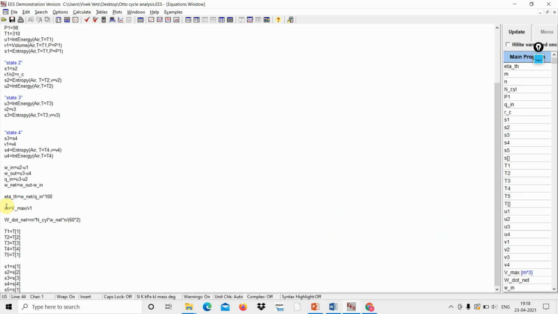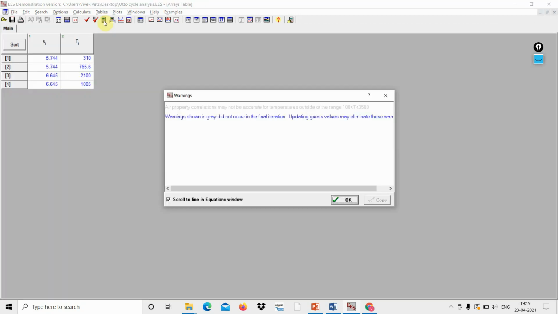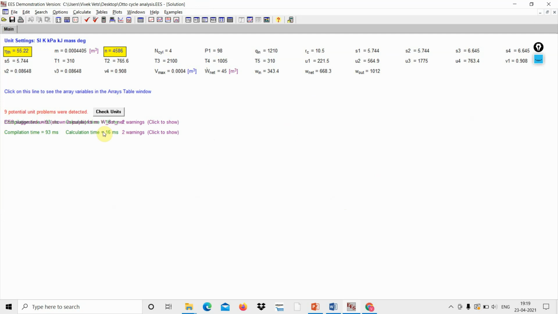Below these inputs, we will not look into it, as that was a further process we will not consider in this video. Now after doing the modeling till the efficiency eta th, we go to the calculate or solve tab, or press F2. There is a warning shown in gray, but let's not look into it. Now there you go. Finally we have got the efficiency, eta th, which is 55.22 percent.